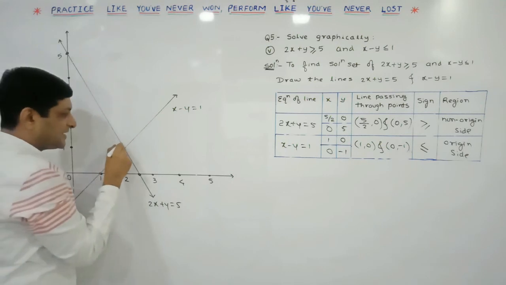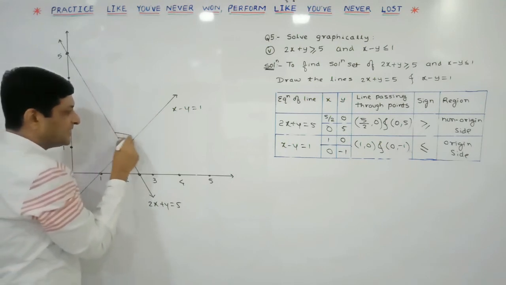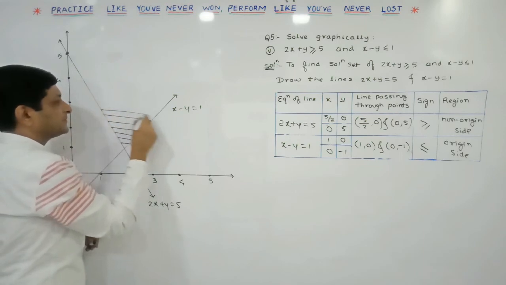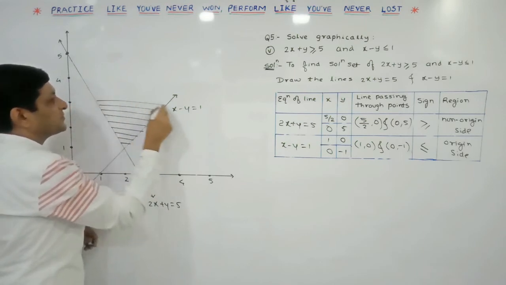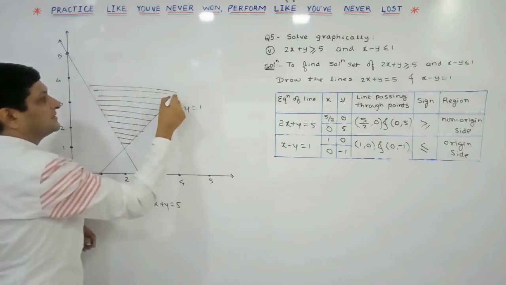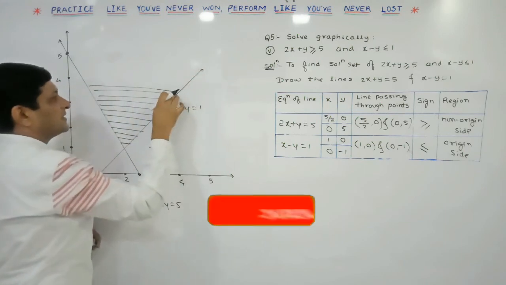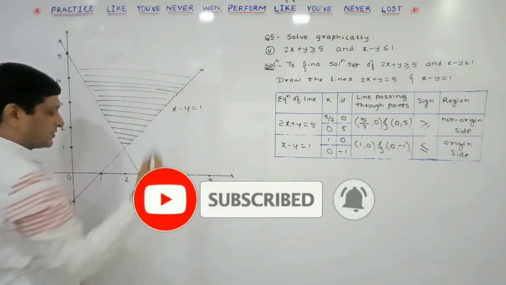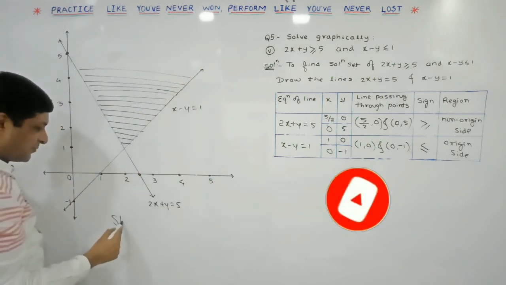So we can say that the shaded portion is our required solution set. So in this way we are able to find the solution set of the given expressions. So write down lastly, the shaded portion